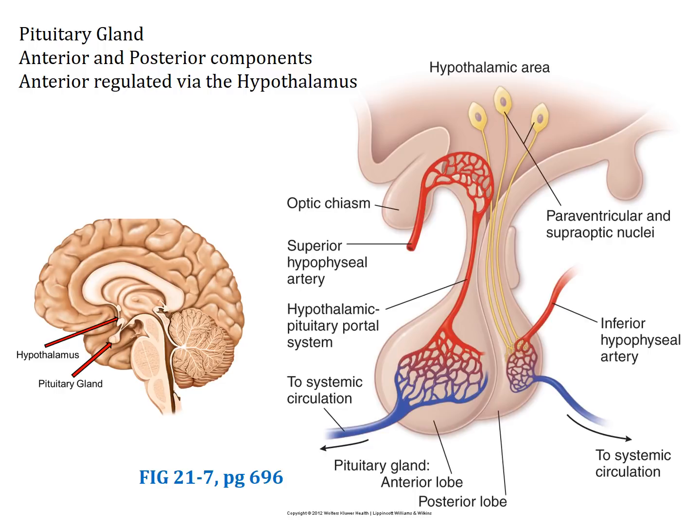So the pituitary gland itself, here you see it shown in the cartoon, is attached to the hypothalamus. The pituitary gland itself is divided into two parts, an anterior part and a posterior part. So we have an anterior pituitary and a posterior pituitary. Just a little bit on the posterior pituitary.